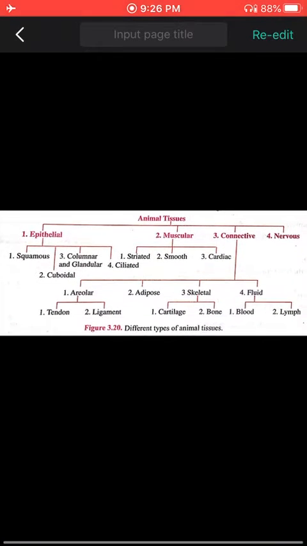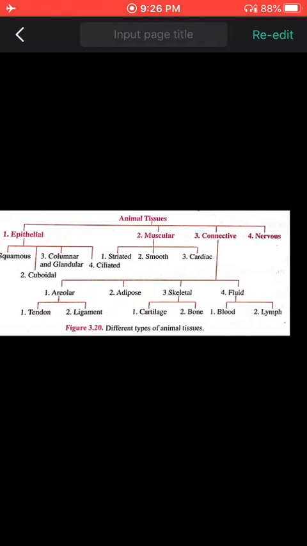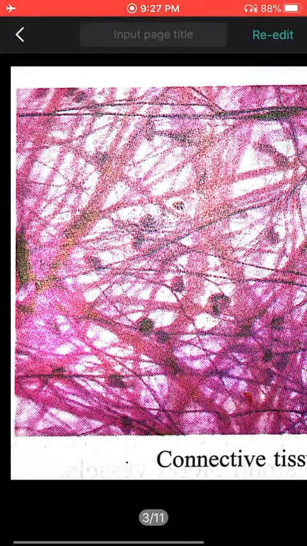So what is basically connective tissue? Connective tissue is a tissue that is specialized to connect or anchor various body organs. This is how connective tissue looks. It is used to anchor and connect various organs, or it helps in the packaging around organs so that the organ